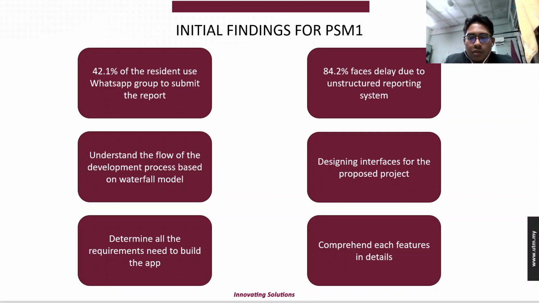The last is comprehending each feature in detail. I learned what each feature does in terms of the navigation, and whether it is necessary to have a certain icon and so on.